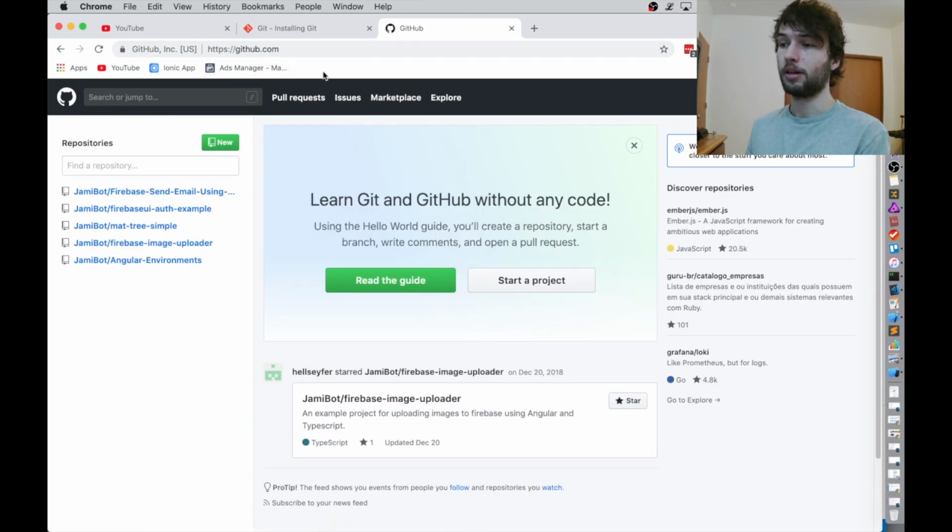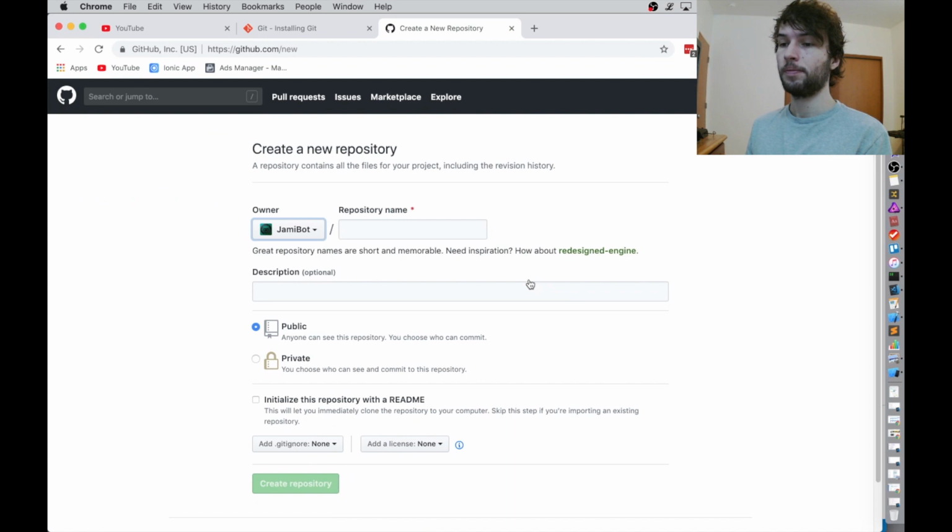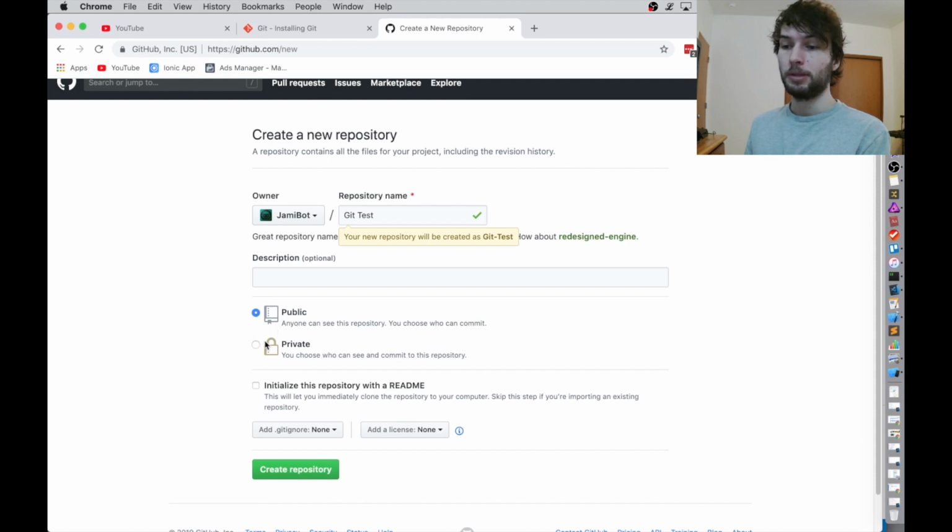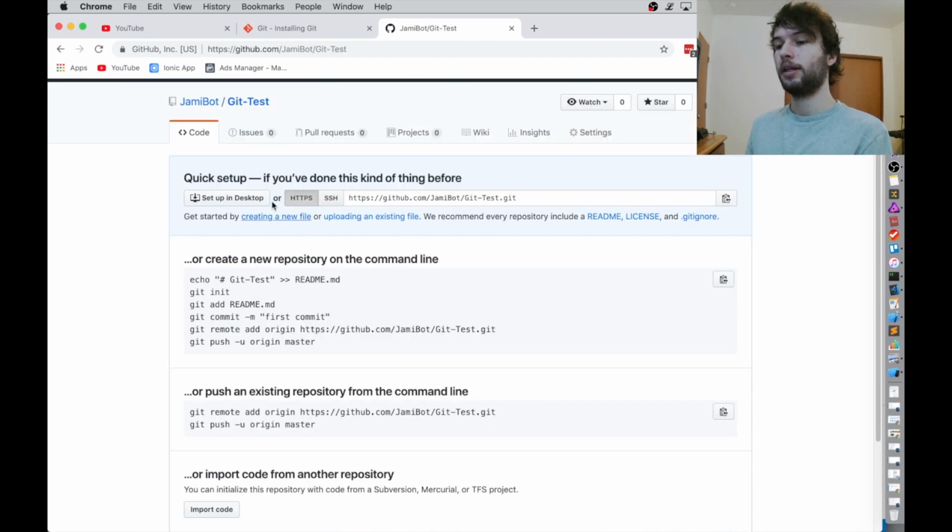So it's github.com, and I'm just going to start a new project here, and the project is going to be called probably just git test, same, and then it's going to be public by default, and then I'm just going to create it. Okay, and then it tells you